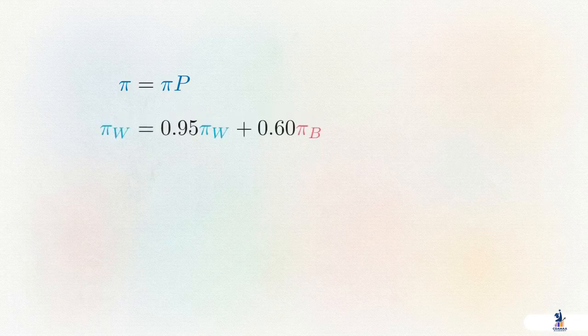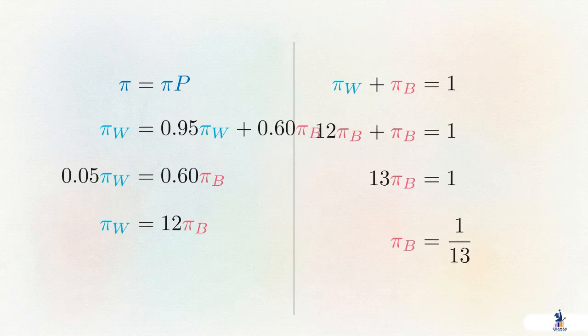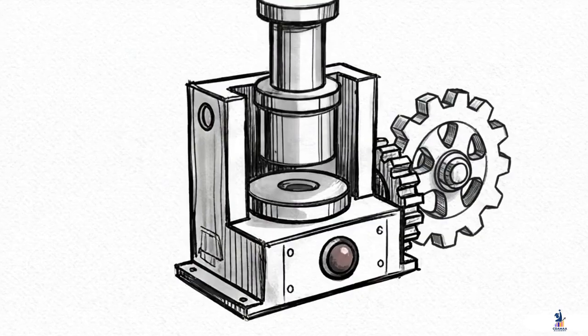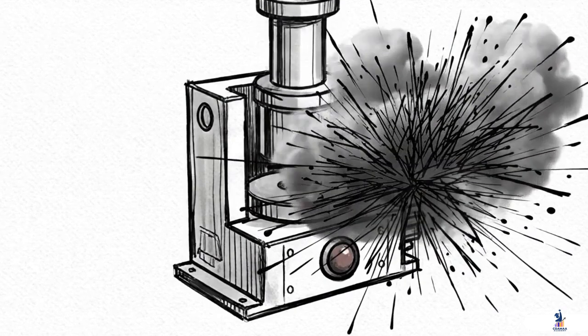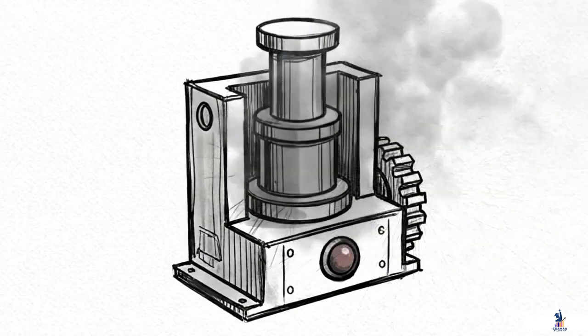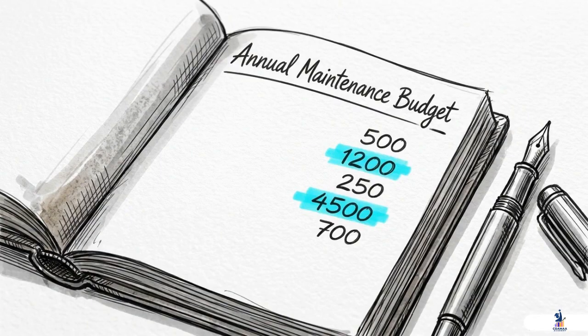time. To find this without endless multiplication, we solve the algebraic equation pi equals pi times P, combined with the rule that the probabilities of all states must sum to 1. Solving this linear system isolates the probability for the broken state at roughly 0.0769. Interpreting this result gives us a deterministic metric. Over the long run, this specific machine will be broken approximately 7.7% of the time, allowing facility managers to accurately